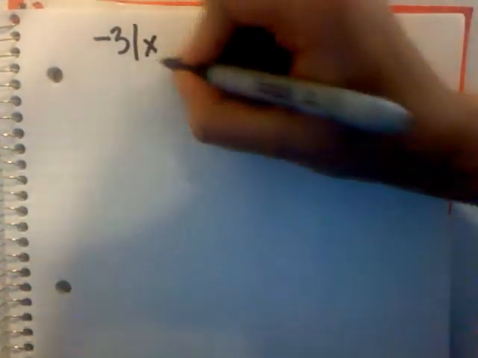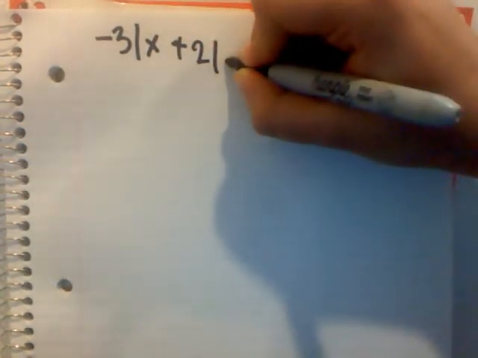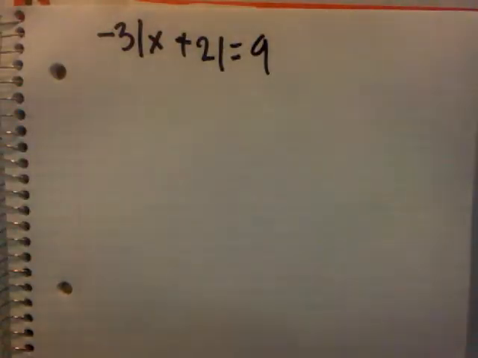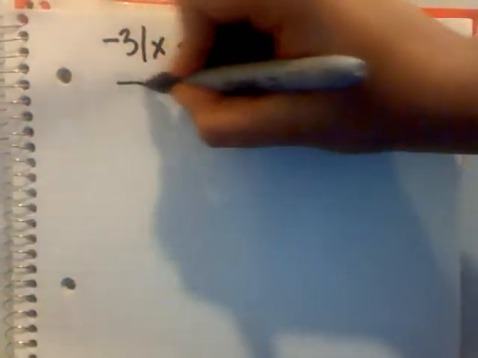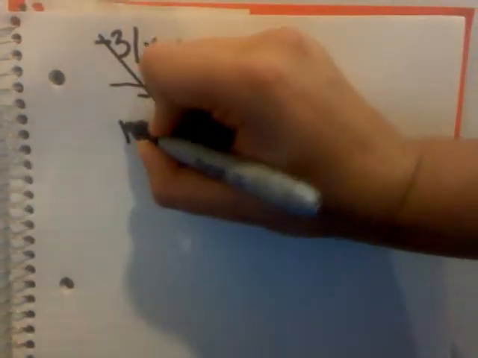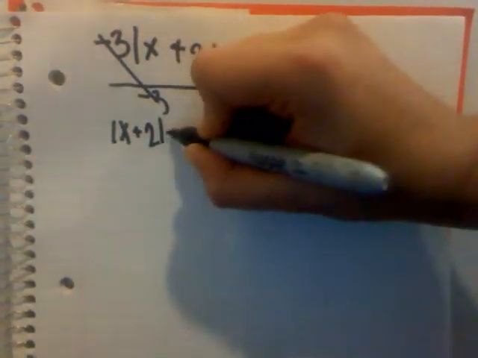Okay. We have -3 absolute value of x plus 2 absolute value equals 9. Alright, so first thing we're going to do, isolate this. And to do that, we are going to divide by -3. And divide by -3 here cancels out. We're left with x plus 2 absolute value equals